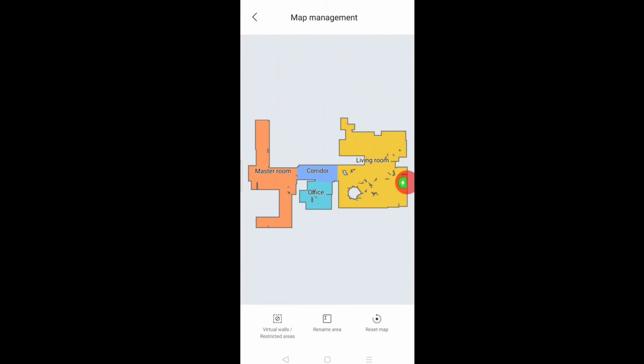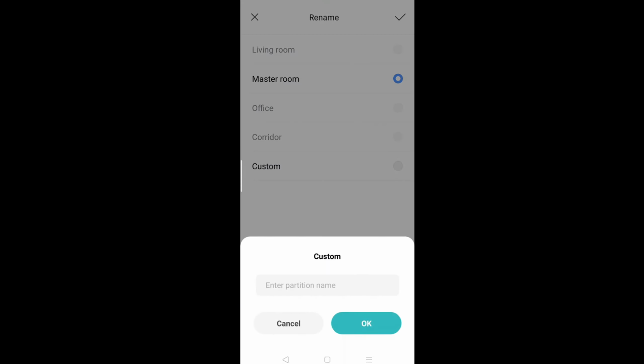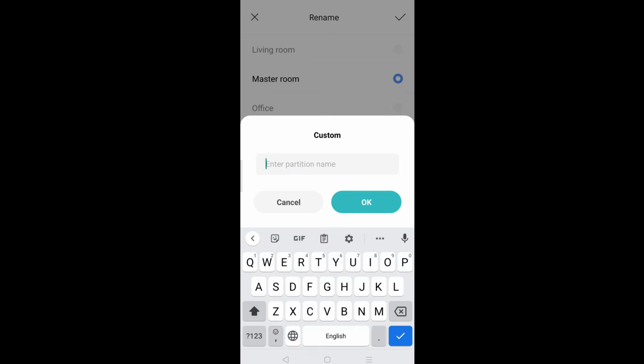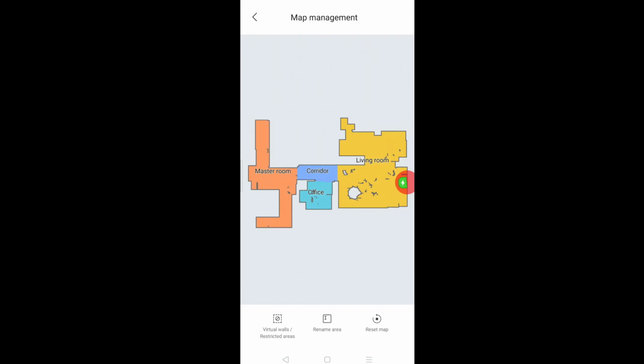In map management, you can actually rename. You choose a place, you rename. If you want to rename to something else, you can put custom and then put the name, then press OK. This one I have already renamed everything. So after this, let's say I was working in the office, I don't want the vacuum to come in to be